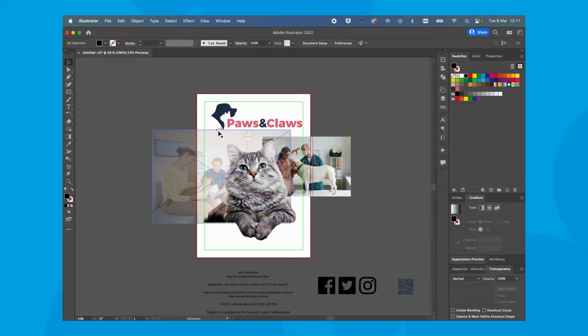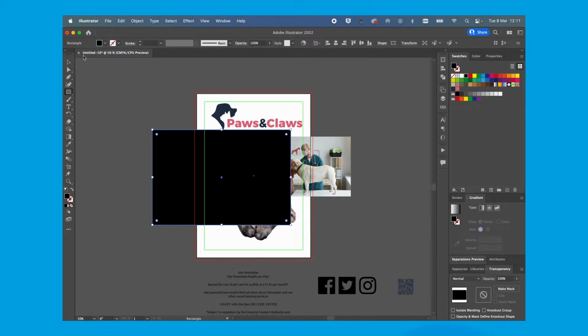Okay, and obviously I want to get rid of these harsh lines, so I kind of want to feather these out really. And the best way to do that in Illustrator is by using the mask facility in this transparency window. So if I'm going to draw a shape over the top to match it, and again my smart guides are just snapping that to the edge of that image.